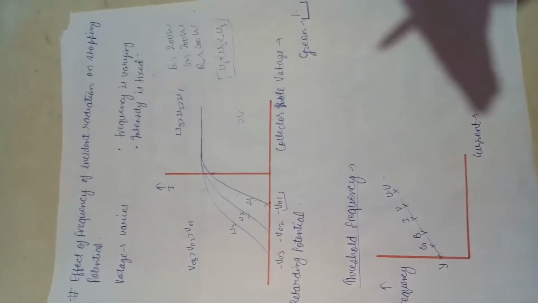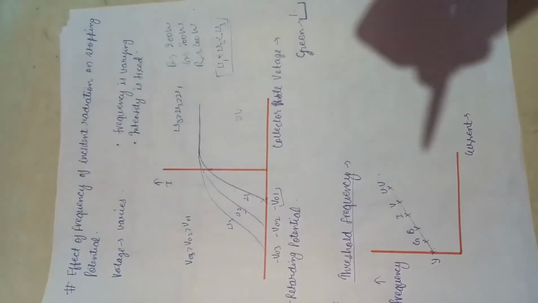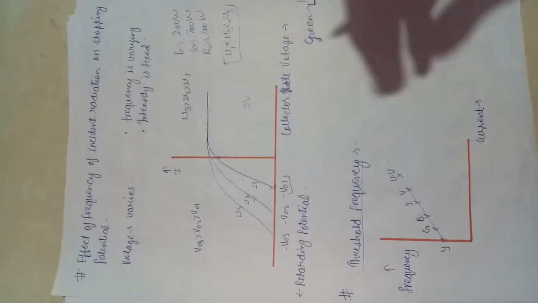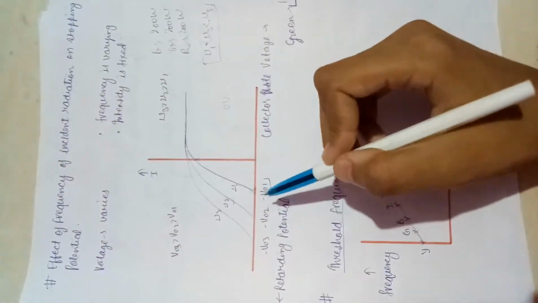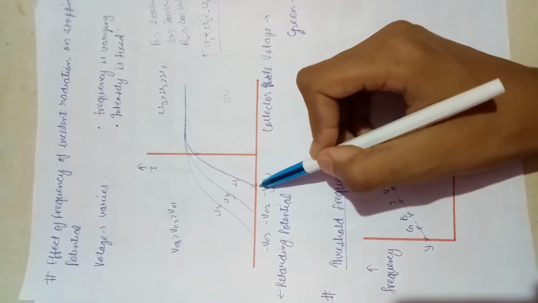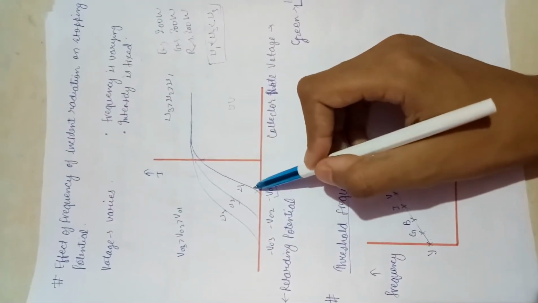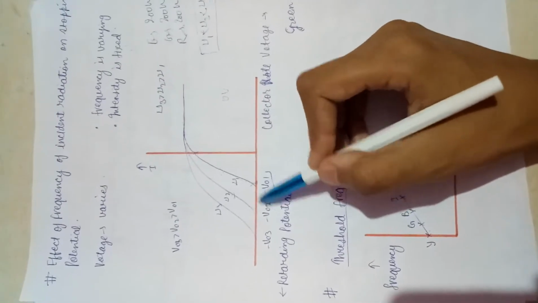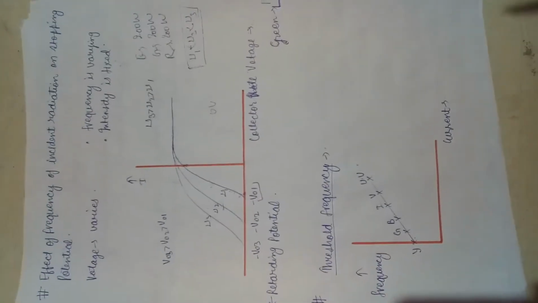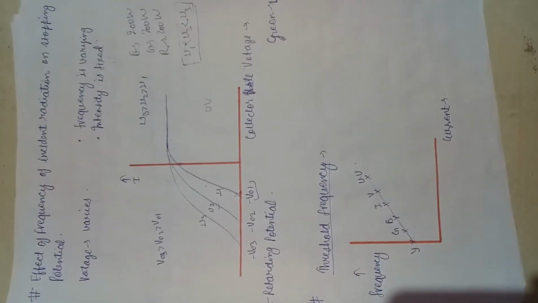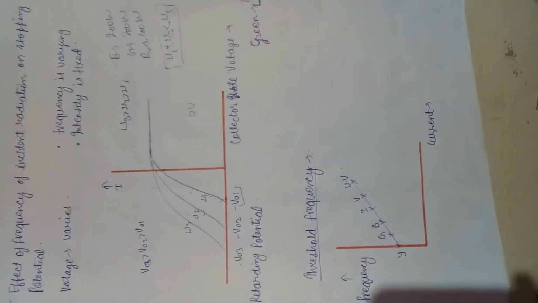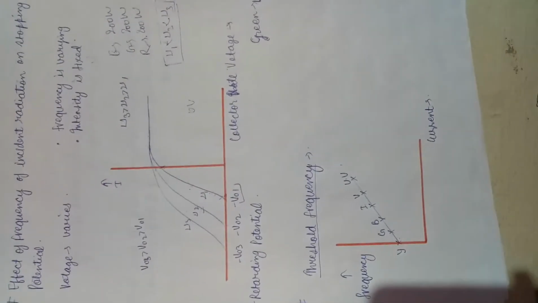So if there is a difference in the energy of the photons, then we will need different stopping potentials to stop the flow of electrons. This is what is happening in this experiment: as we change the color of light, we are using photons of different energy, so we need a different potential to stop the flow of electrons. What we observe from this experiment is different values of stopping potential, but the same value of saturation current for different frequencies.